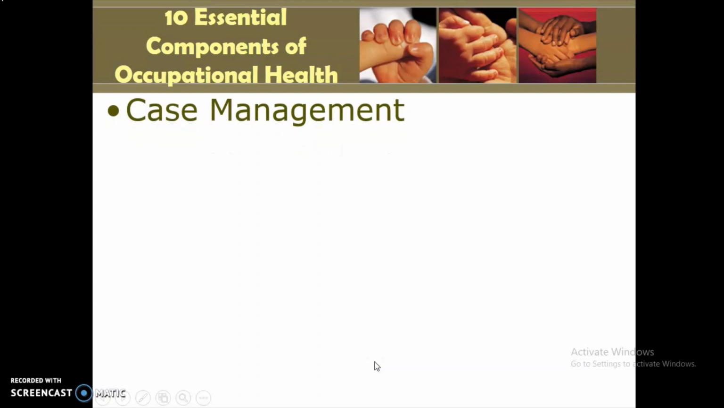Another one is case management. Case management includes a specific condition that occurs within the company that is accident, incident, or illness related. So you have to manage them accordingly. Another one, counseling. If in case that the condition of the patient or the condition of the employee is somewhat